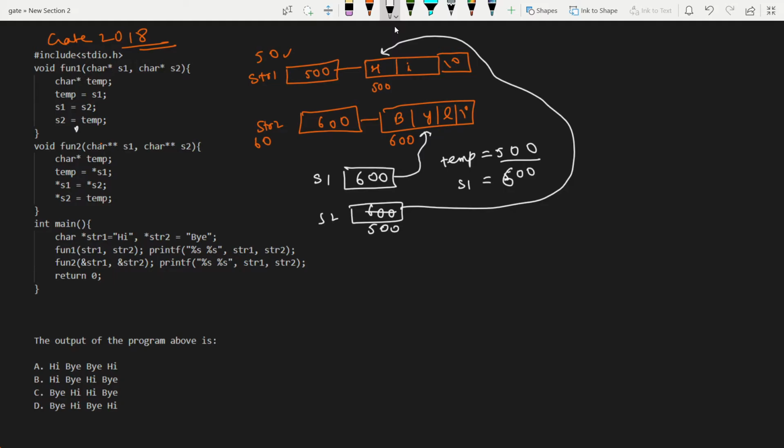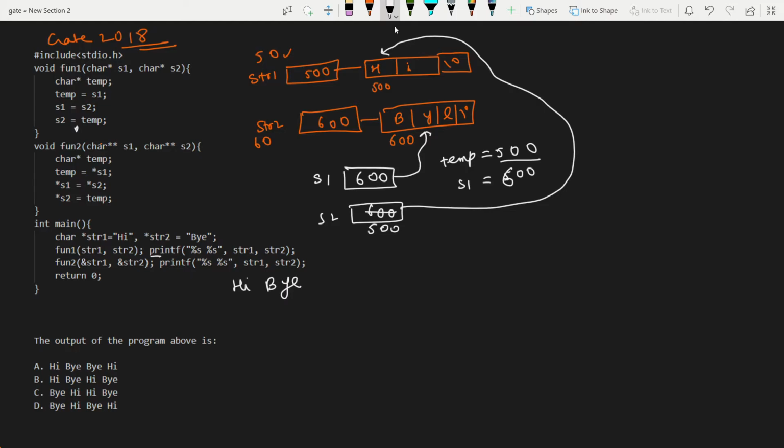The function gets over and we are here. Now let's consider this printf, printf percent s percent s, str1 str2. So basically here we are printing the values of str1 and str2. Here we see that str1 and str2 have not been changed. They are intact, so only hi bye will be printed here.